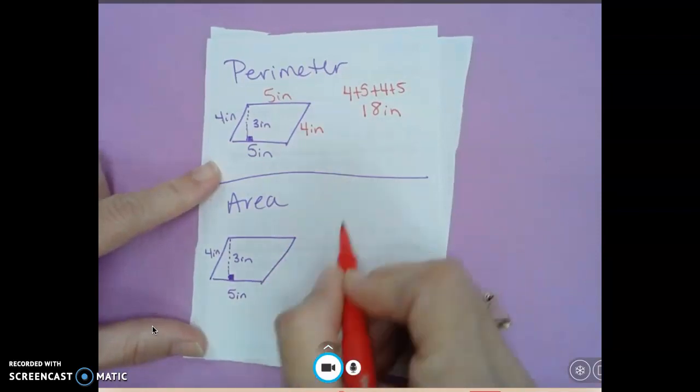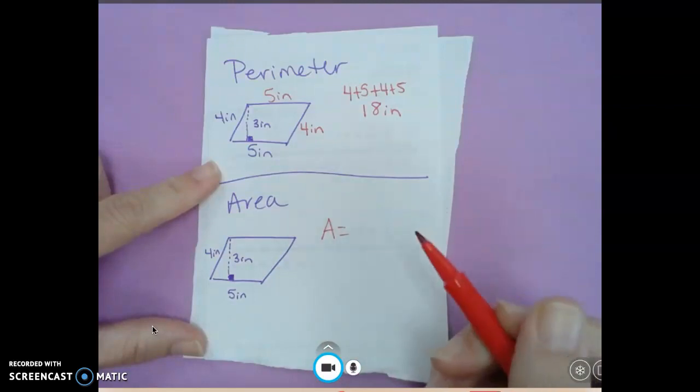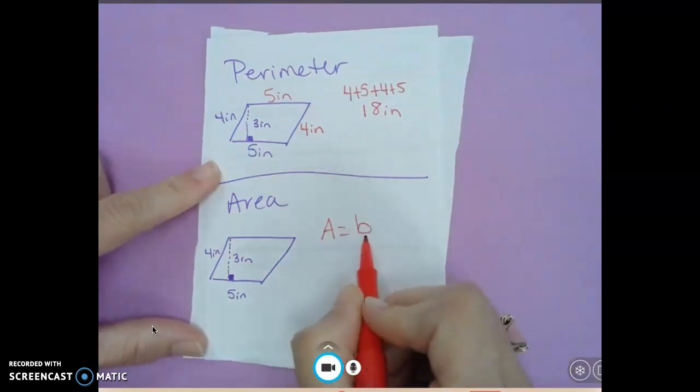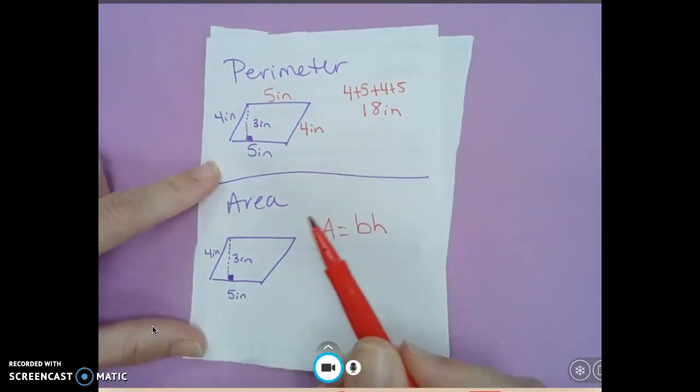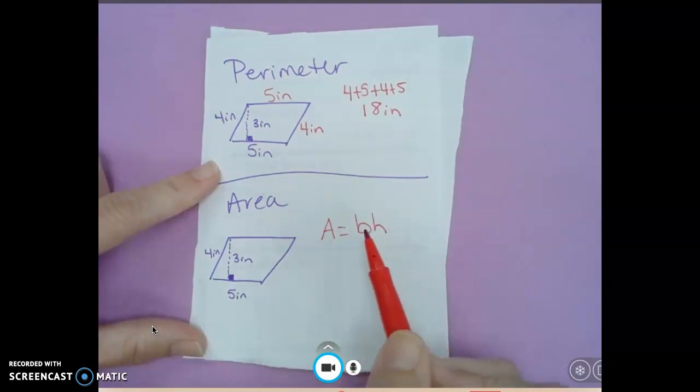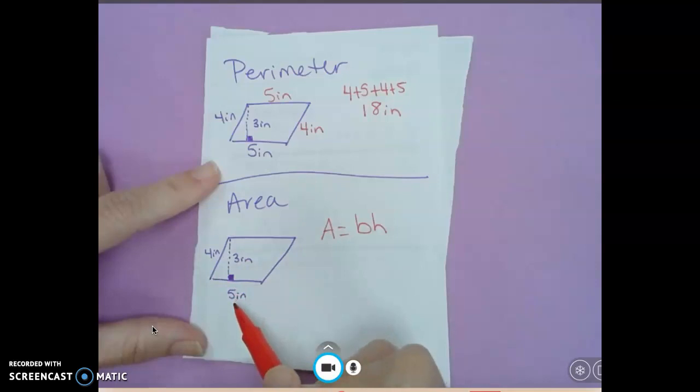If we're going to solve for area for a parallelogram, it is base times height. Base times height. Now when I look at this, some people may get confused because they say, well, you say I need 2 things, but there's 3 numbers here. So we've got to figure out which numbers we need to focus on. So if we're looking for base and height,